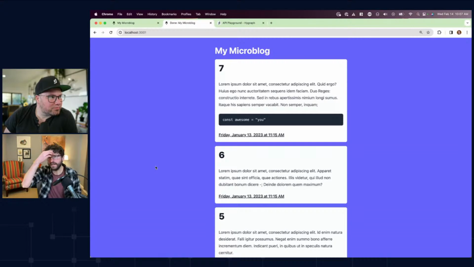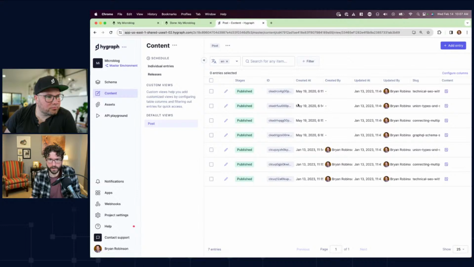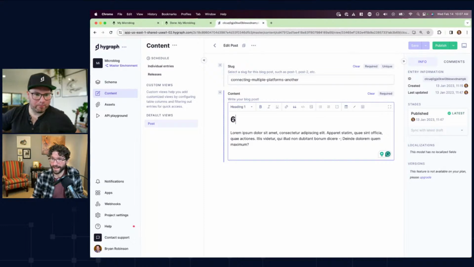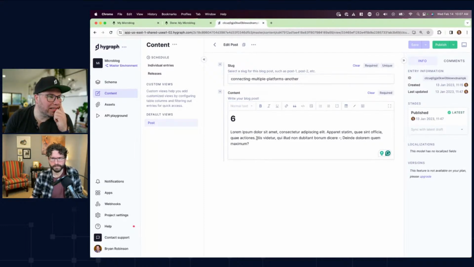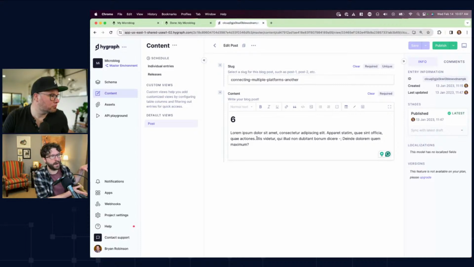So we can maybe even dive into code in a second, but just kind of show things off real fast. This is all within Hygraph. All these posts are what's in there. When you dive in to edit one of these, you can see the actual, 6, that number I mentioned, is just a header. Oh, you just hard typed it like that. That's fine. Because when I was working on this and showing it off originally, I needed to, in the content that I made around it before, one of the things you also have to think about when you're making the query, and I'll show that,